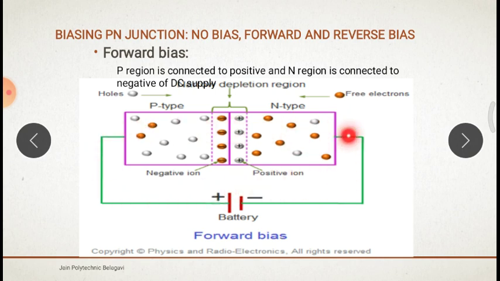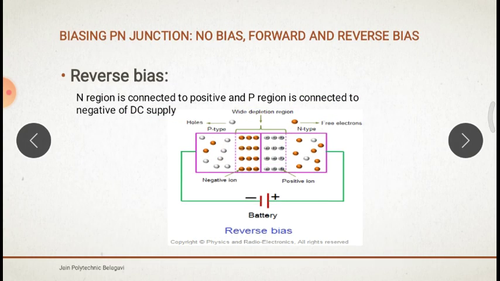If flow of electrons is there, then what happens? There is a flow of current. There is a current start to flow and diode is in the conducting state. So when the diode is in the forward biasing condition, it starts to conduct. Next, if it is the reverse of this, reverse bias condition means